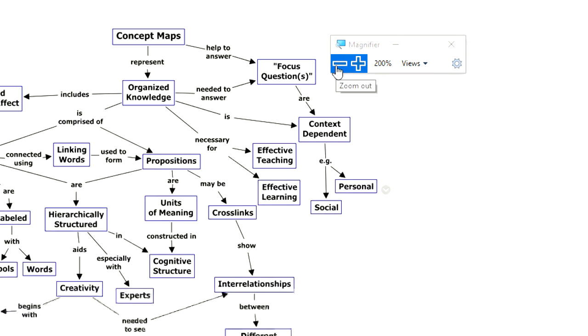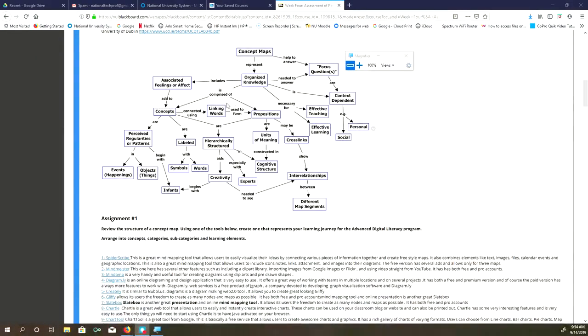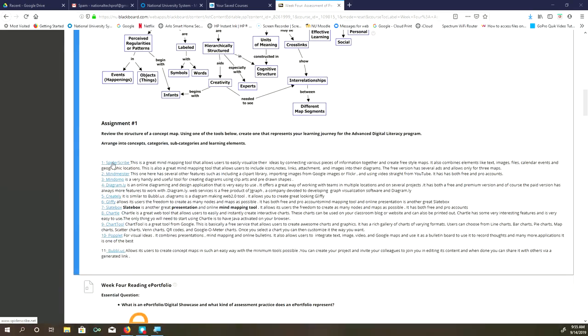So you're going to be thinking about your whole journey through the ADL program and all the different concepts that we've gone over, and organizing those things into a concept map, which will look something like this. It obviously could look a little bit different, but that's just an example. Right down below this, there are some examples and links to places where you can create a concept map.